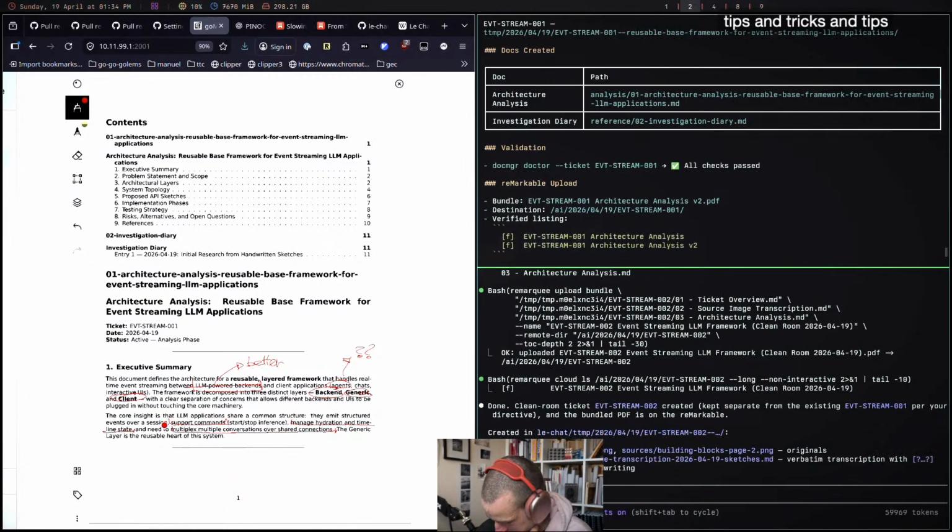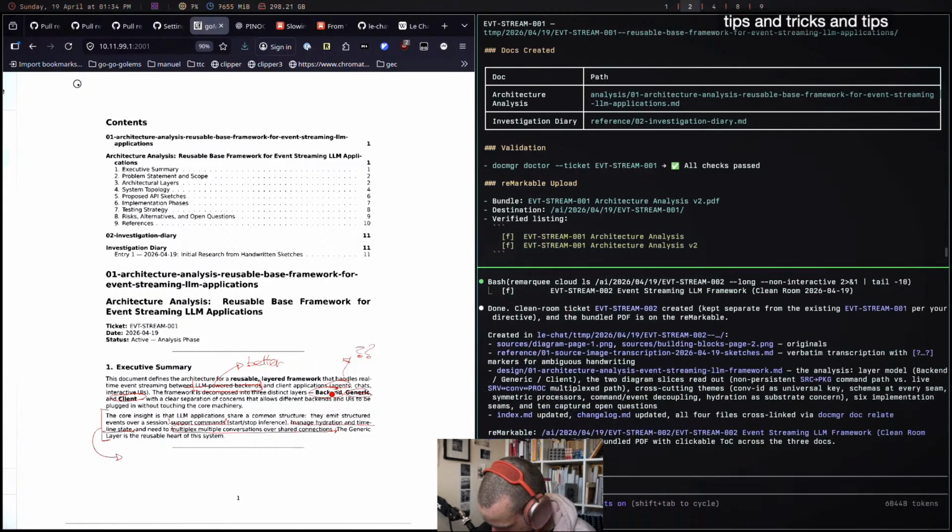This is much closer to what I want, right, than what it came up with before. It has the 3 layers that are in the diagram. And despite me not writing this up as such, it's actually pretty clearly mirroring what I want. There's a session, right? The word session is in here. There's the word structured event. There's commands, start, stop, inference. There's hydration and timeline state. Those are all the concepts that I'm building my architecture around. And the fact that it's bringing those up in the summary is really encouraging.